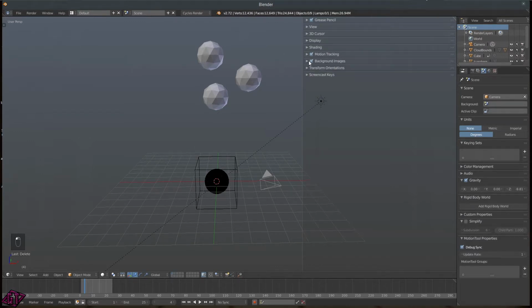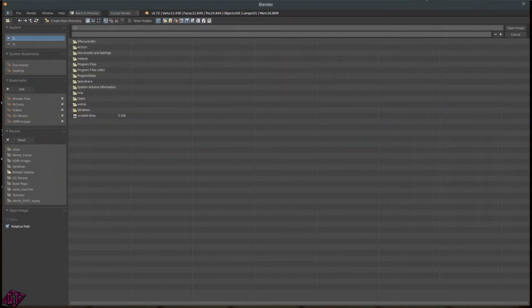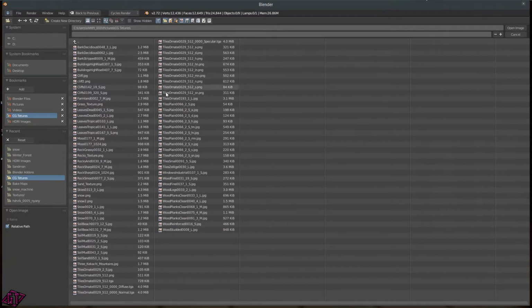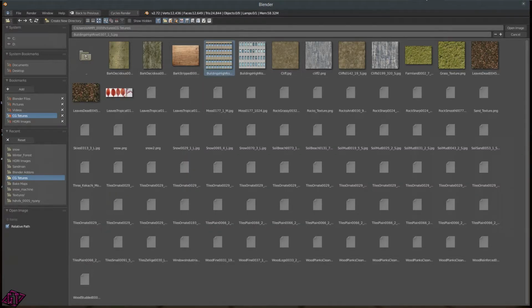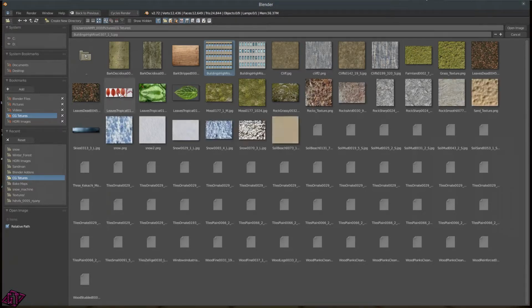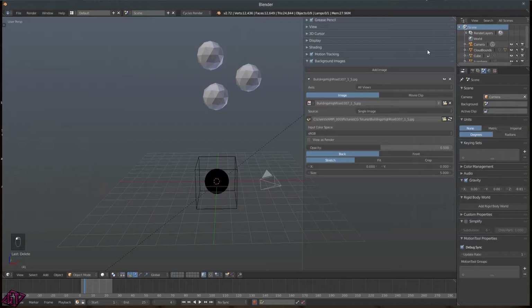Background images. You could tick on that and you could add an image. Let's just add a texture in here. Anything. Let's add that window. Okay, we open that. And then it's visible from all views. And what that means is if I go to